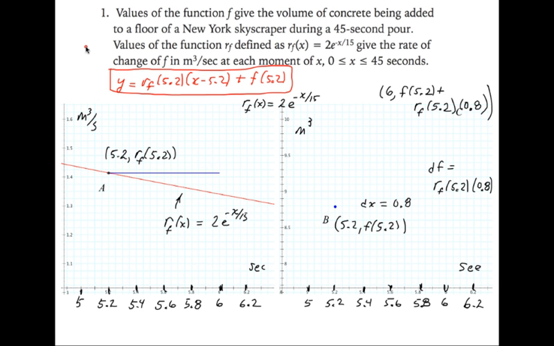A moment is an interval of x. f is the true concrete forming function. Why is the y value for B f of 5.2? Everyone give yourself 20 out of 20. It was supposed to work out that way anyway. I was trying to shoot for lots more than 20 points, so everyone